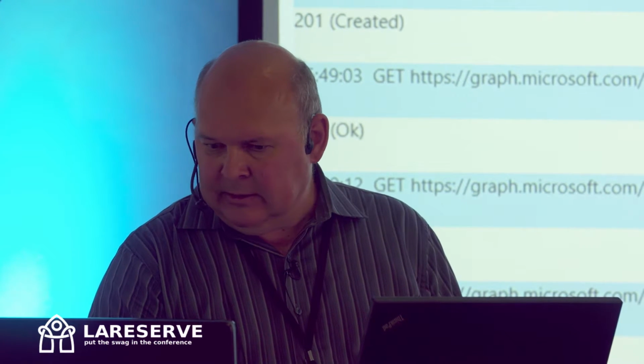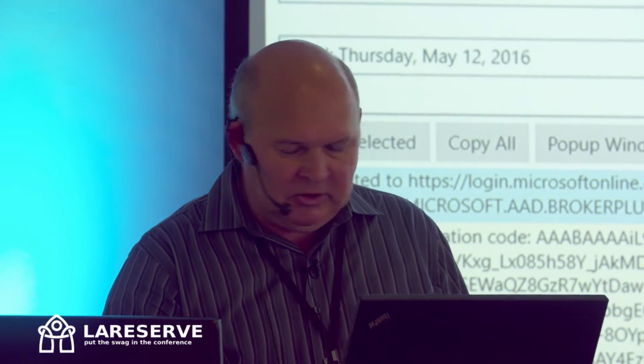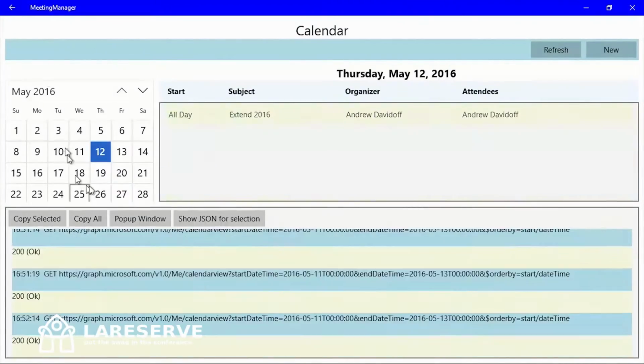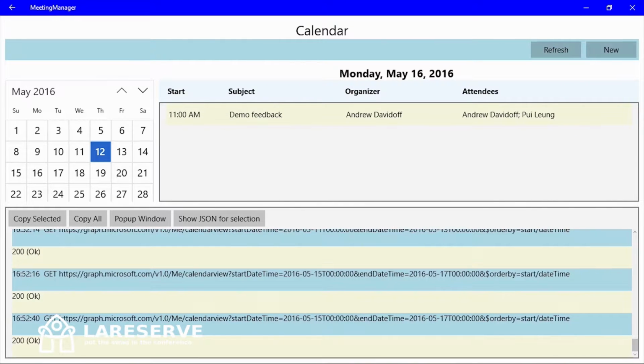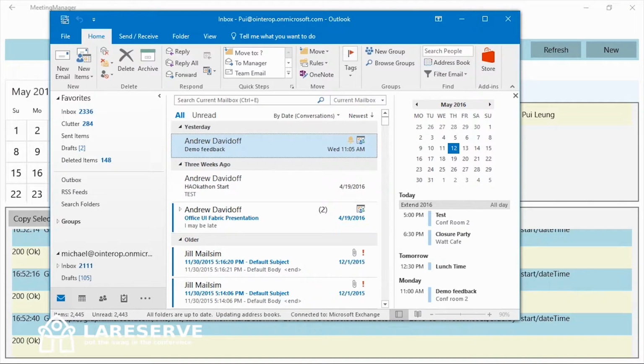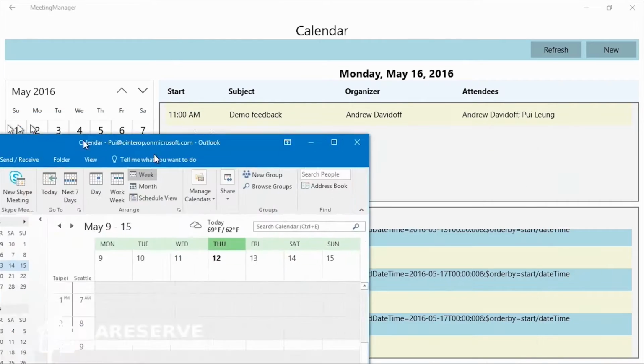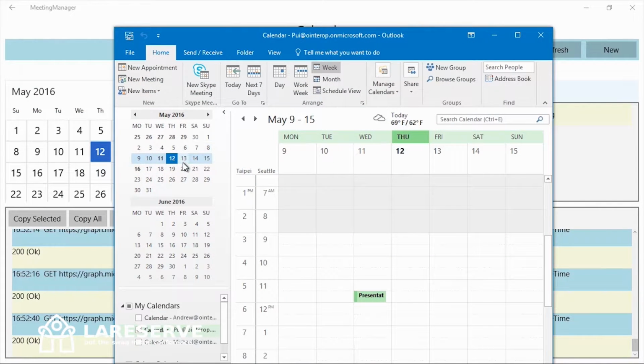Another thing is how to accept or decline a meeting invitation. I already have a meeting that Pui sent me, but I think I accidentally replied to it. So let me go to Pui's mailbox and I will just send it. Let's go to like Friday.